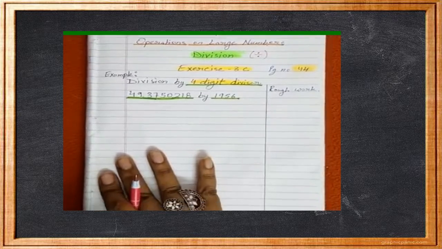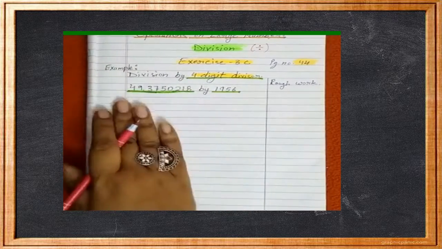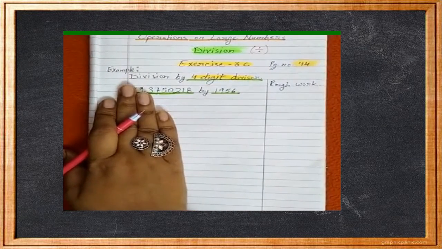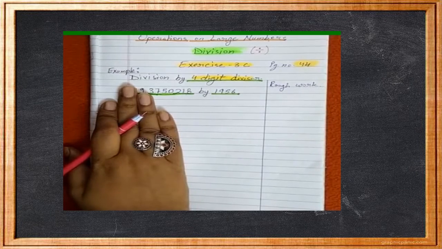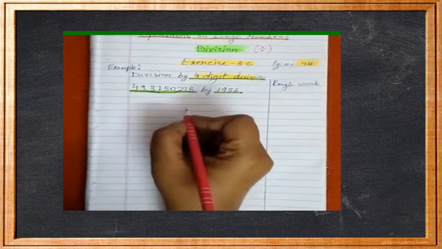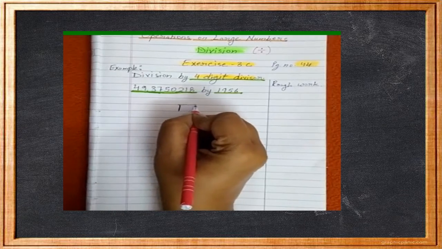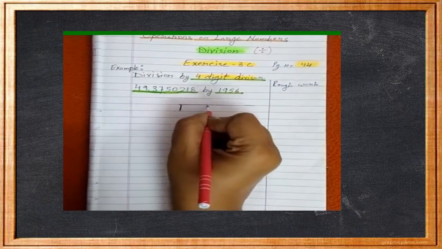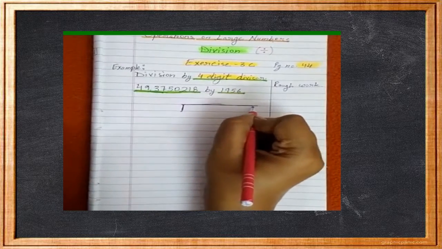So children, before we start division, always remember this thing that we start division from left hand side, that is from this side, left hand side, the highest place value given in the dividend. We start division from the highest place value given in the dividend. Is it clear, children? And first of all, make division box. What is division box, children? This is division box. Can you see here, children?